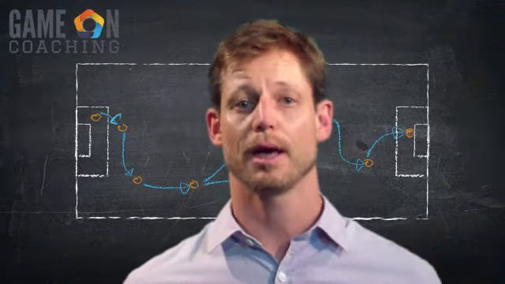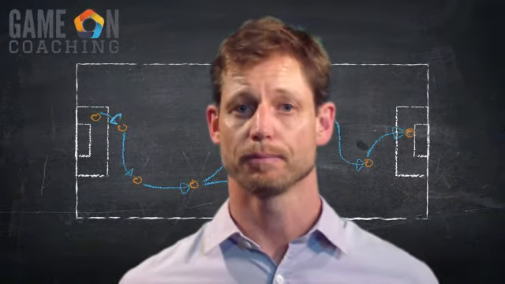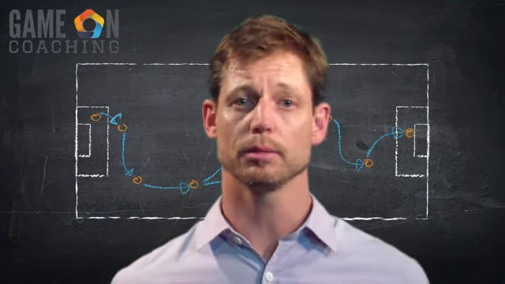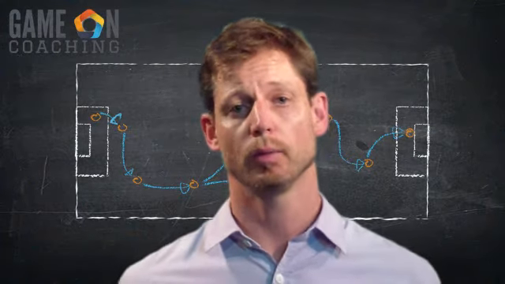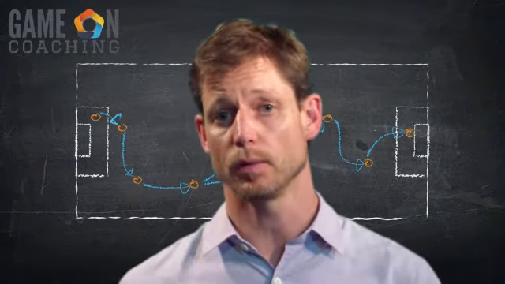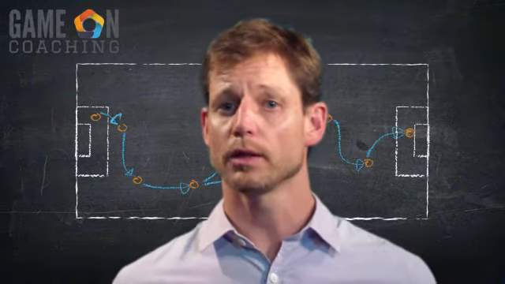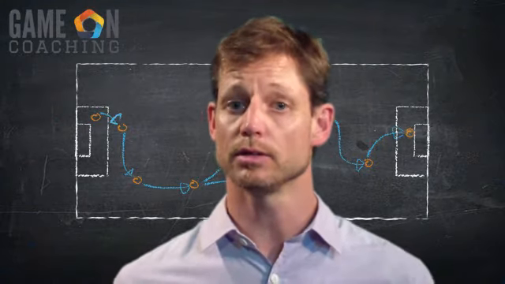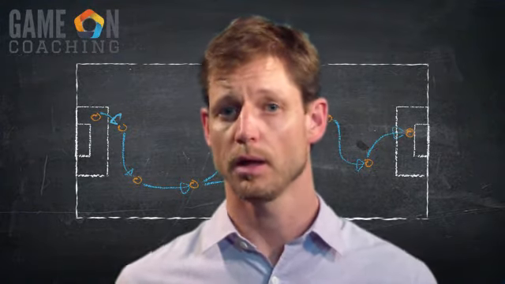In this video we're going to be having a look at the second step of the coaching process, which is planning. So in the first step of the coaching process, in observation, you were able to see what your player is doing that's working for them and what the player is doing that's not working so well for them. The reason that we're focusing on what they're doing is that that's the place that you're looking to change. That's what's going to lead to the result that you're both after.